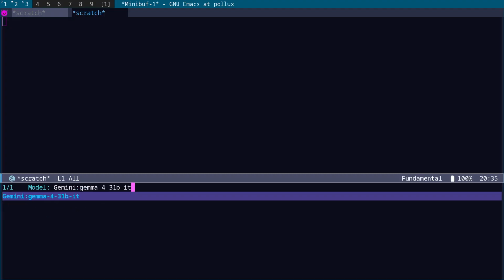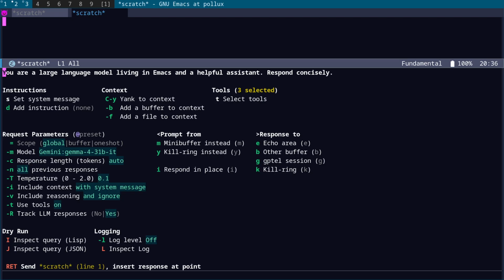Okay, so what we're going to be using is Gemma 4 31 billion parameters IT. So that's where we set the model. It's set by default. It's just I was playing around with it before I started recording and changed the model I was using. What you'll see here is tools 3 selected, and that is from when we set the